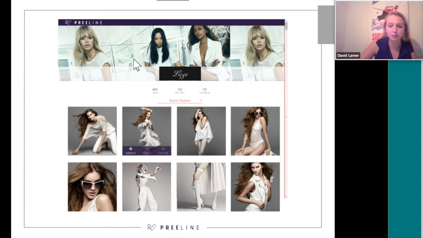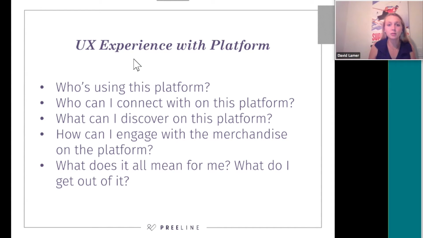and building out that user experience on your platform. So the key questions you really want to make sure to answer, and that we looked to answer as we built out this UX experience for our users, revolved around the social experience because we're a social platform. We knew that the users coming to our platform would be social trendsetters interested in seeing fashions before anyone else. We thought that they may be interested in connecting with people on the platform,